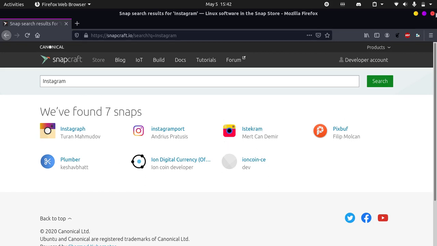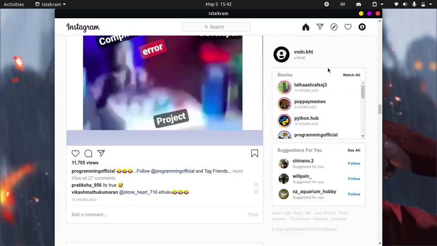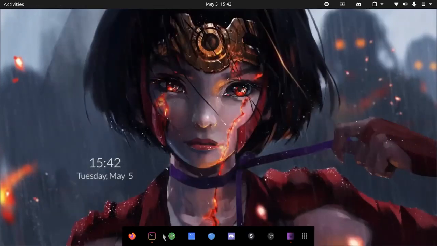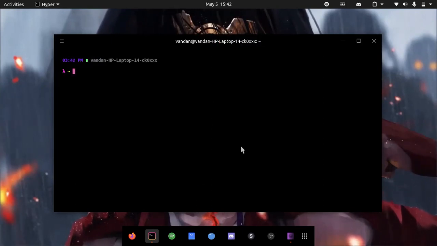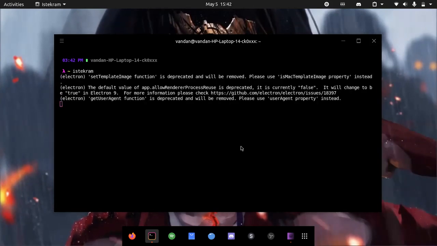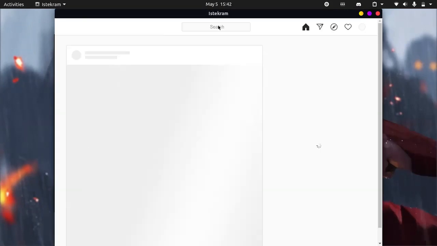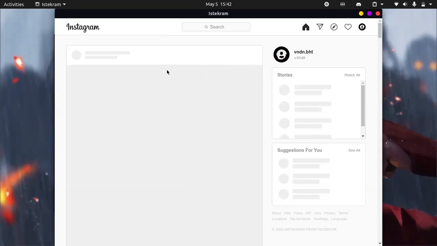So now I will show you how to set a keybind to open up Instagram. So let's close it first and let's open up the terminal. So I will write clear, and if I type in istekram, you will notice that our desktop client opens up. So give it a sec, and you can see that our desktop client opened up. So we can use this command,